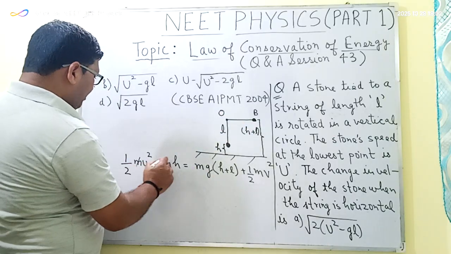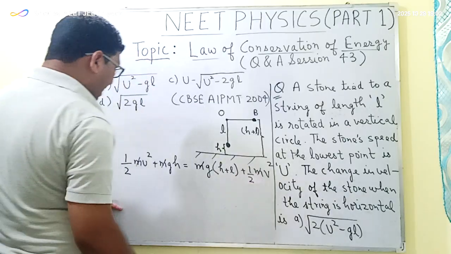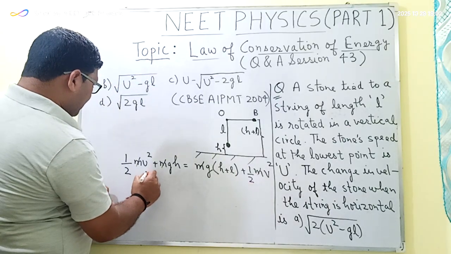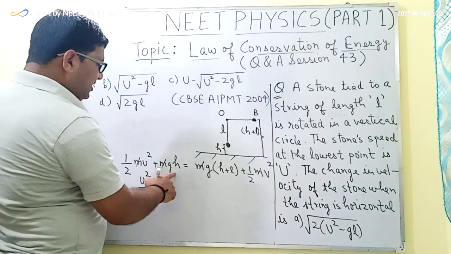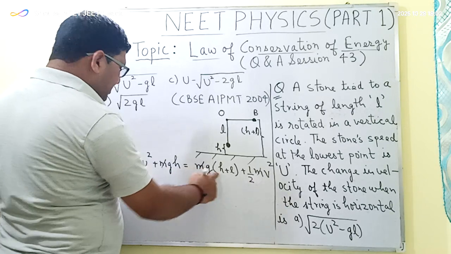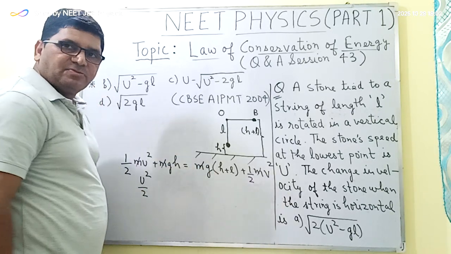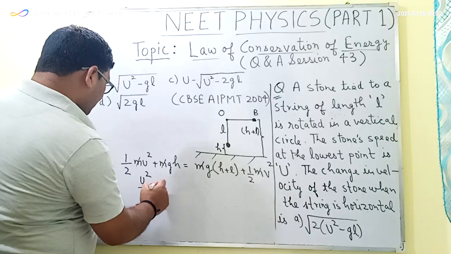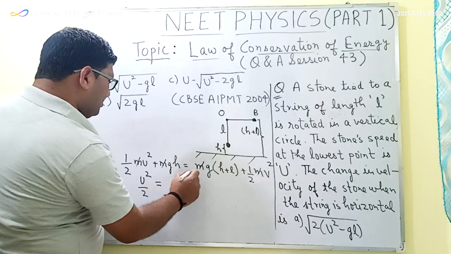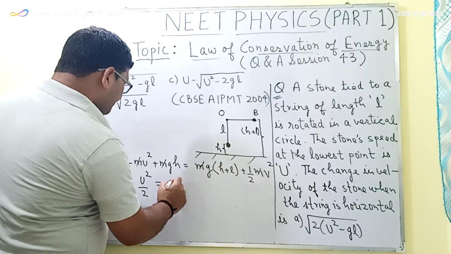So from here this m will get cancelled out, and finally I will be getting u square upon 2. Here gh is there, so here also is gh, so these gh terms will get cancelled out. So u square upon 2 will be equal to gl